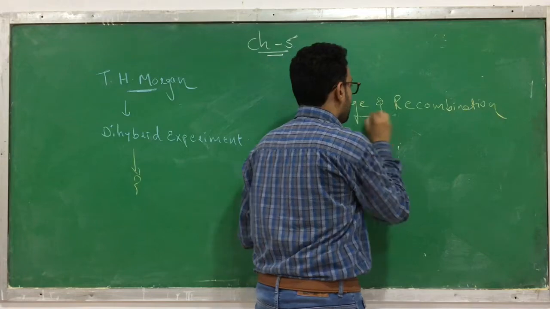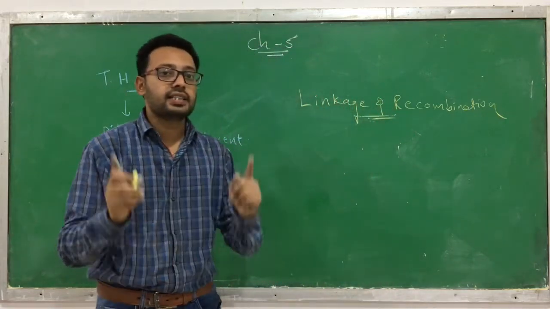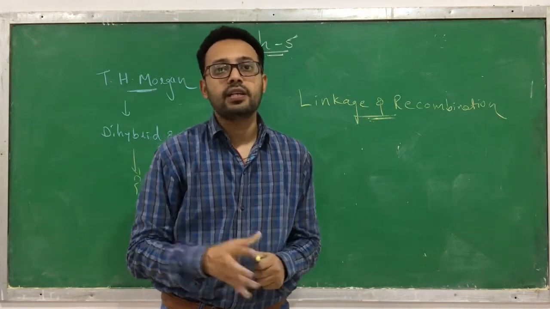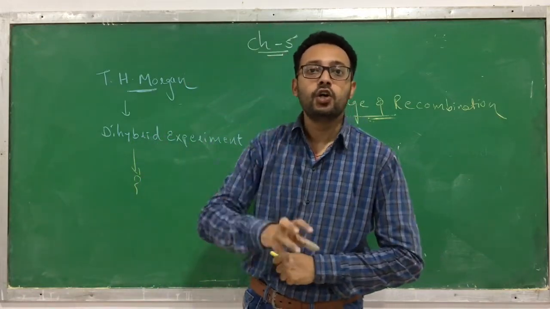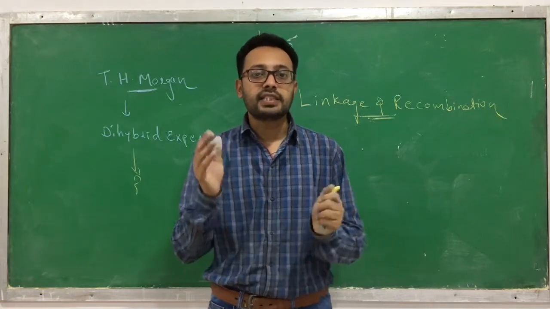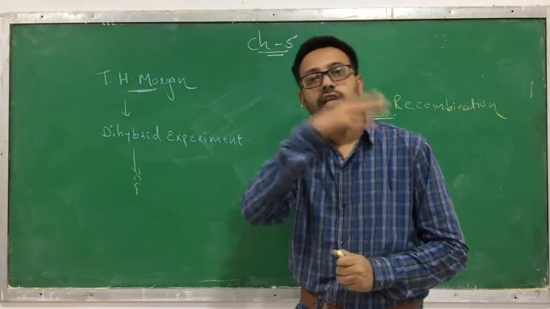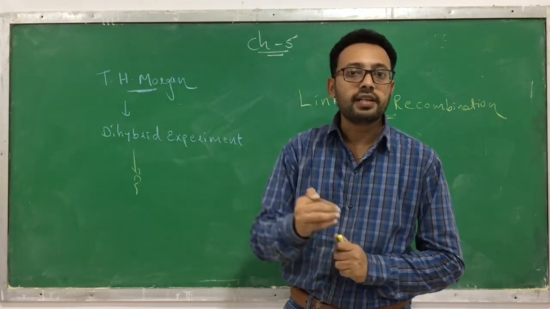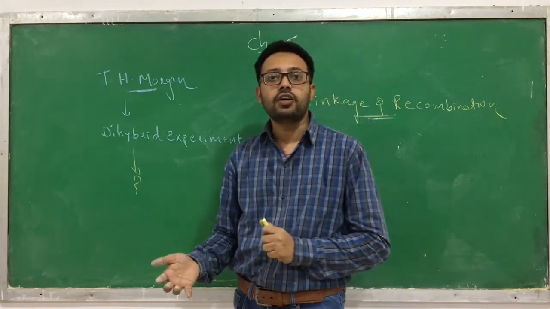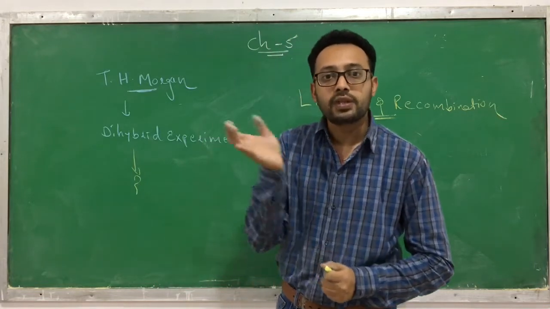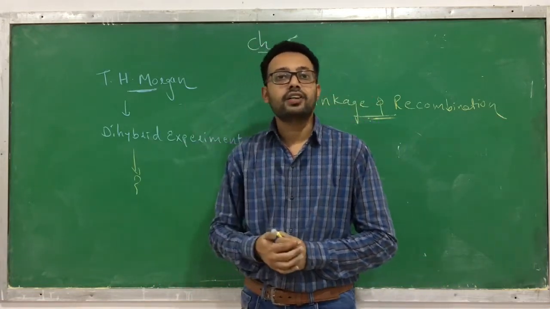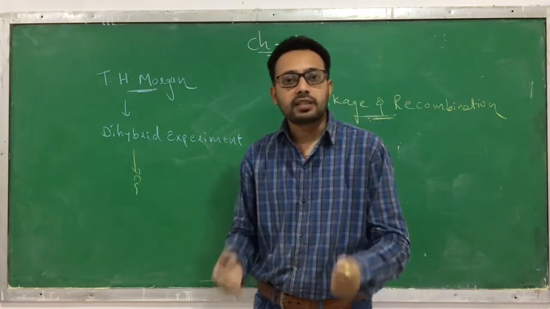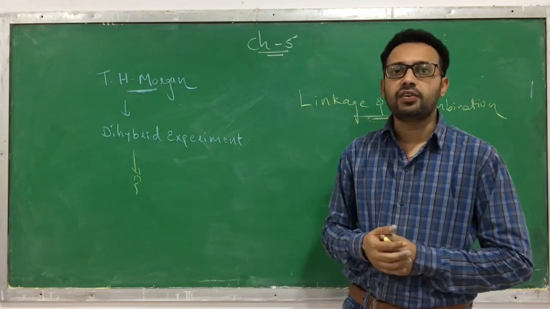You know that Mendel said there is an independent assortment of characters. After the dihybrid experiment, Mendel proposed a law called the law of independent assortment. It means it is not necessary that with round only yellow color goes. With round, even the green color can go. Similarly, with wrinkled it is not the only possibility that green goes; with a wrinkled seed the yellow color can also go. That means independent assortment can occur. But sometimes it follows the rule and sometimes it doesn't follow the rule.